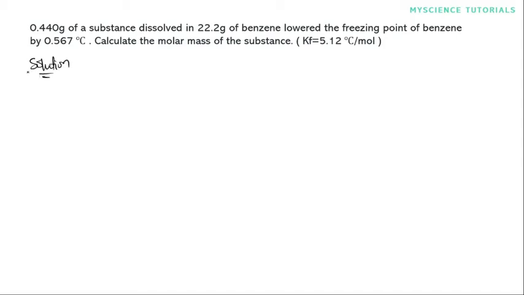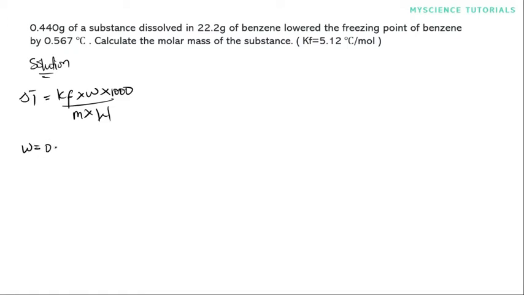First of all, I would like to code the formula. We have ΔTf is equal to what? Kf multiplied by w multiplied by 1000, all over small m multiplied by capital W. Now we have 0.440 gram of the substance, so it means the mass, which is the small w, of the